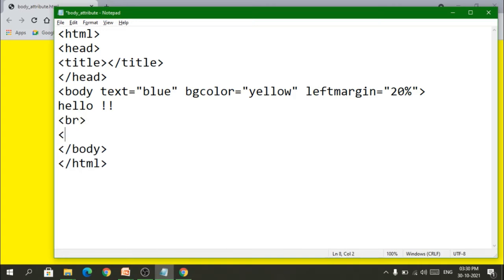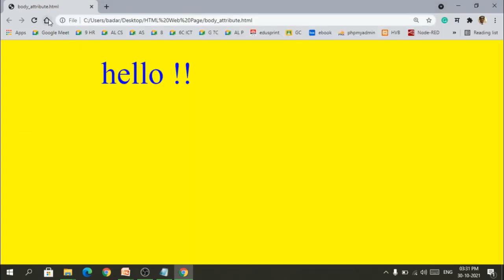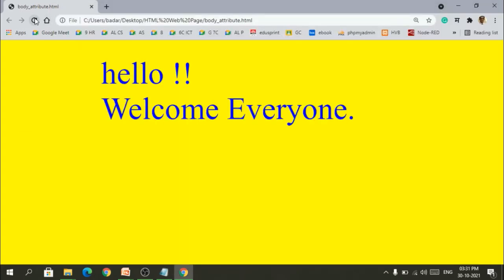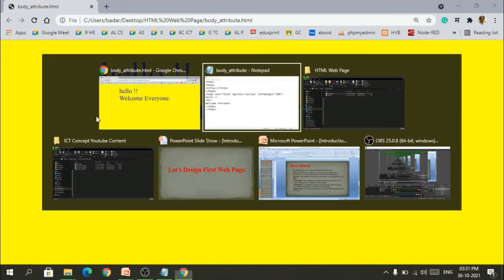After the br tag I will write, welcome everyone. I will save the file and refresh it. So here you can see all the content would be coming, leaving 20% from the left side. This is what happens when I specify leftmargin.